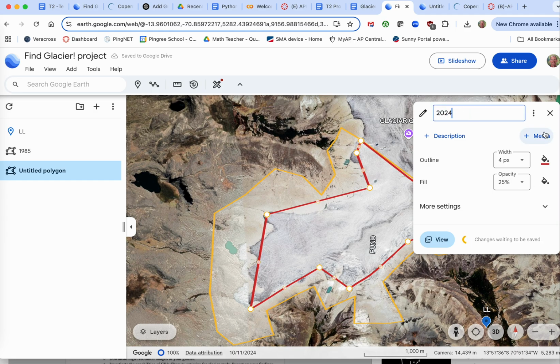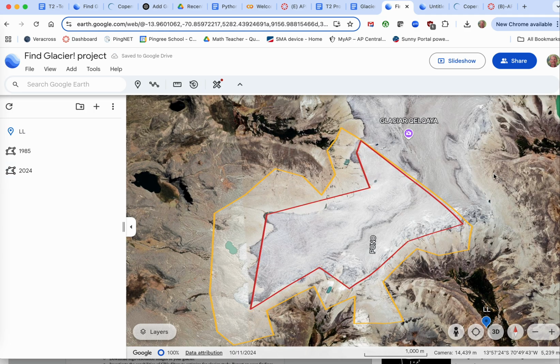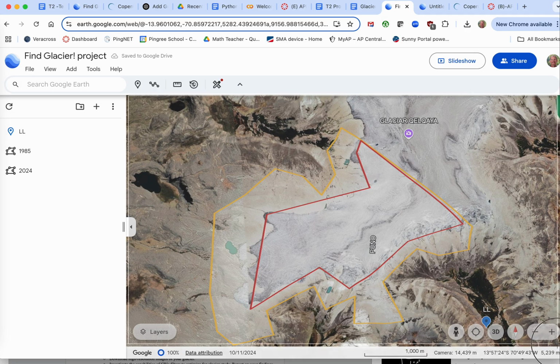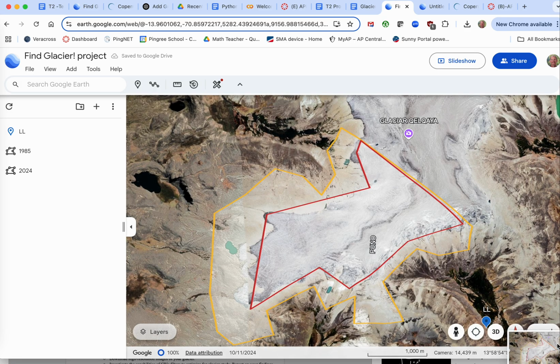All right, and that'll save, and there it is. Okay, so then I could take a screenshot of this as well, and I have taken a good step in working with my project. All right, now by contrast, if I go to